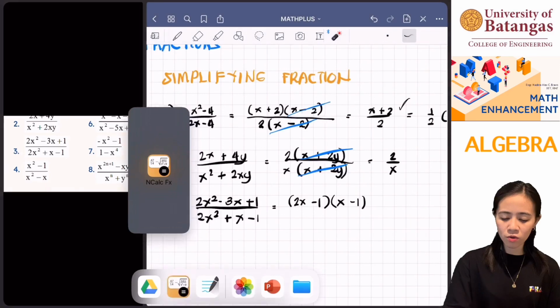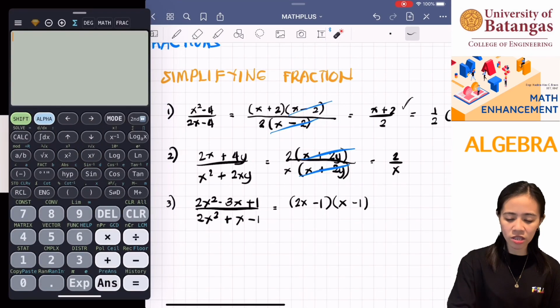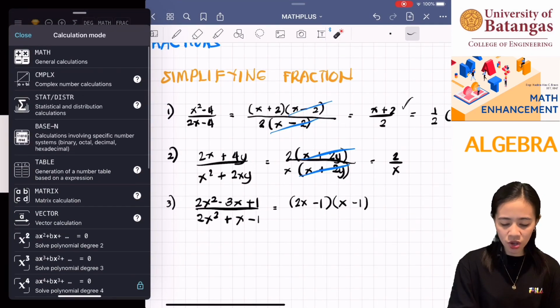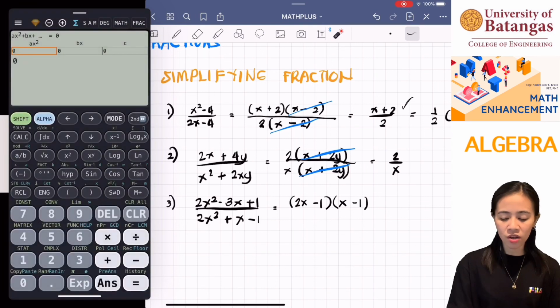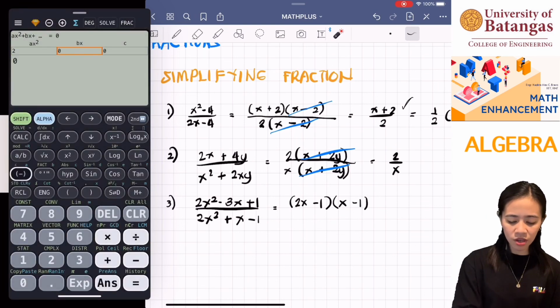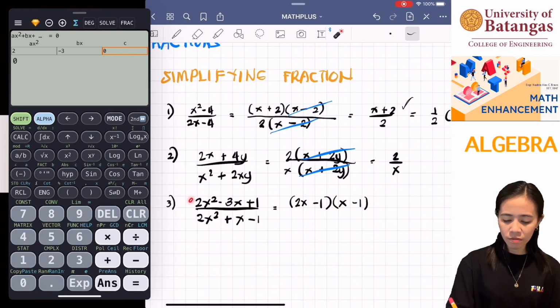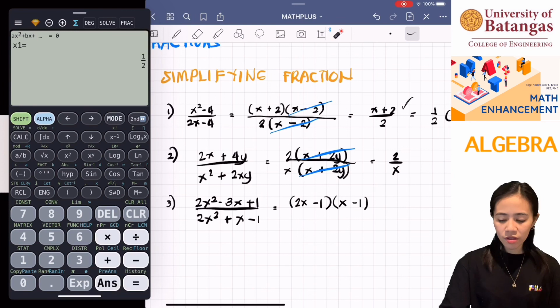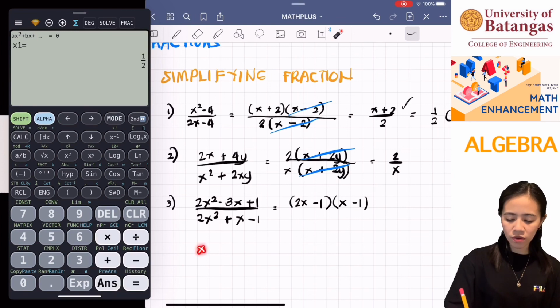Pwede kayong kumuha ng calculator and then try it in your calculator as mode equations. Doon tayo sa polynomial of second degree. Kukunin natin yung roots niya. So, you have 2 equals negative 3. Kunin mo lang ito. Diba yung coefficients? Positive 1 and then press equals. Okay, so at first you have 1/2. So, if x is equivalent to